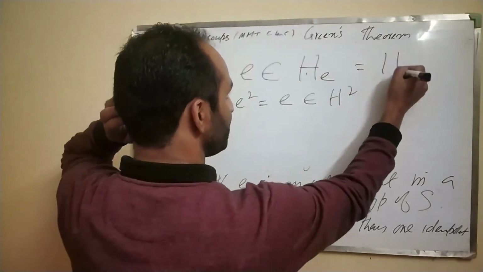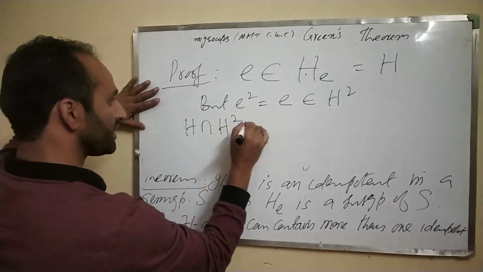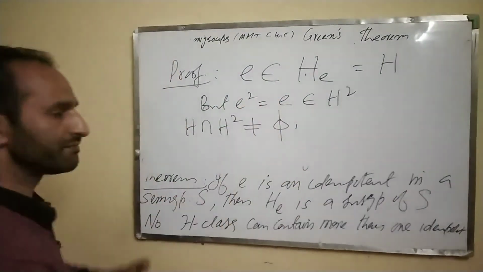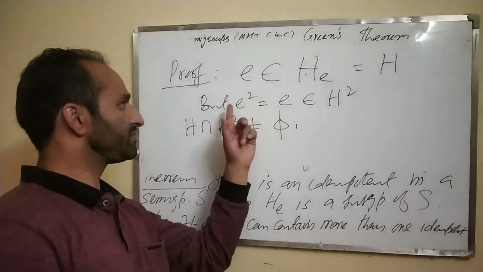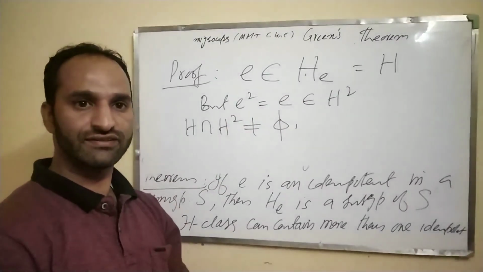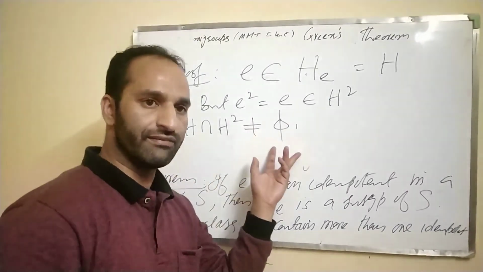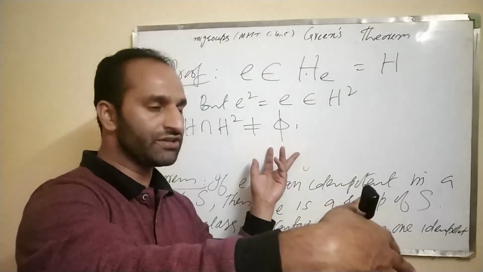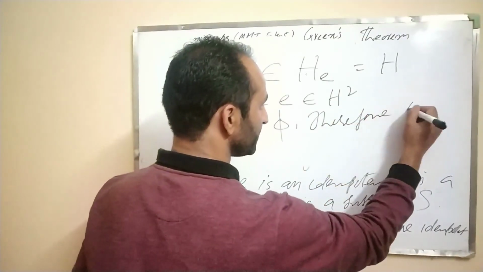Let me denote this by H. So that means H intersection H square is not equal to empty set. It's non-empty, because H square contains E, because E is the same as E square and E square belongs to H square. So this intersection is non-empty. So whenever the intersection is non-empty, then by the previous theorem, by Green's theorem,